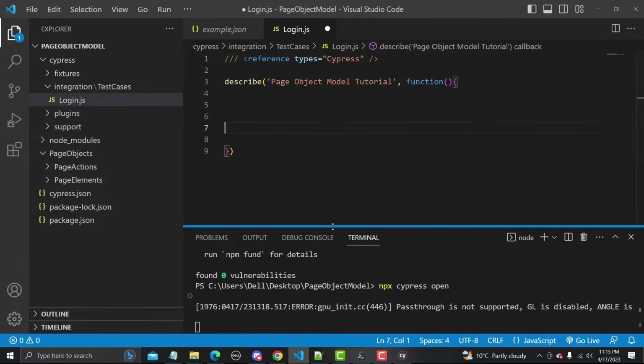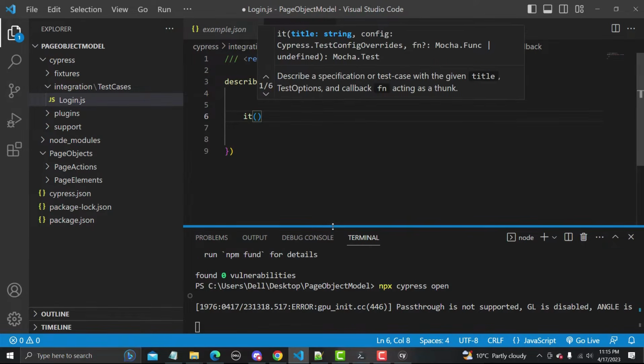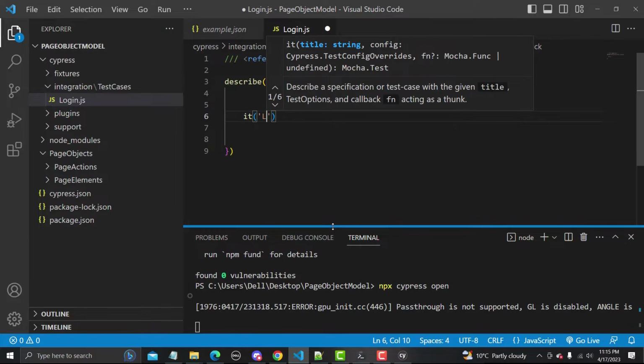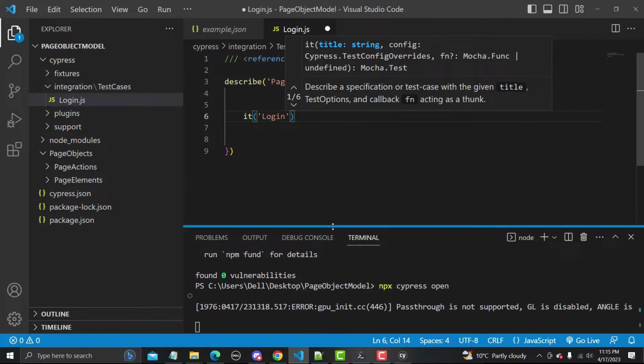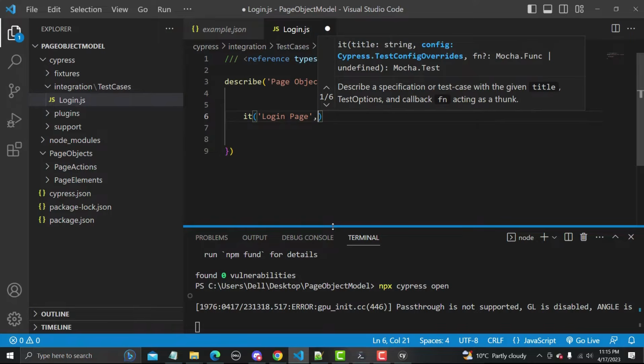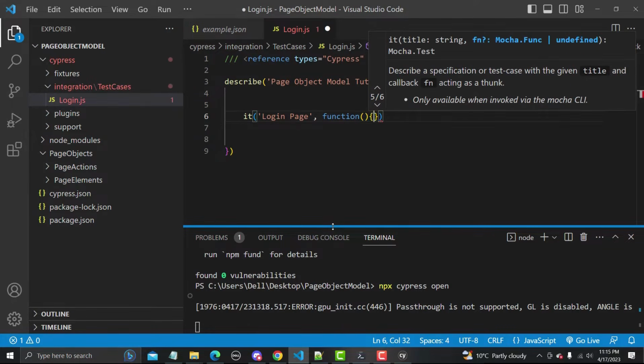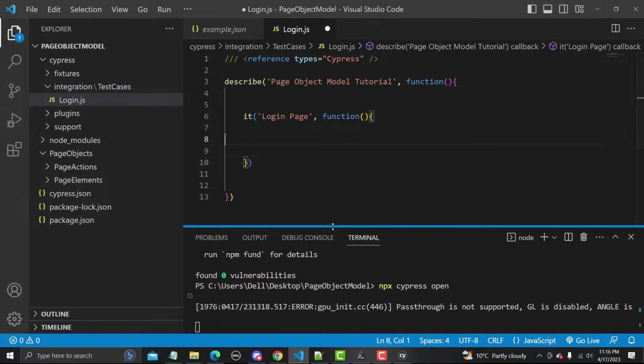And inside this describe block, we need to create a test case using an it block. So here I'm naming it login page, and again we need to use a callback function here, and inside this one we need to work with our test case.